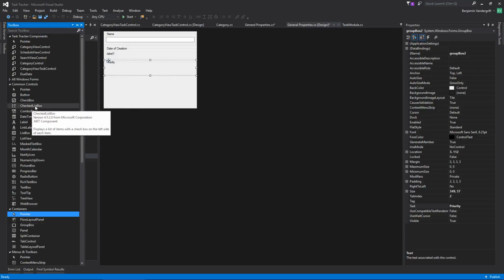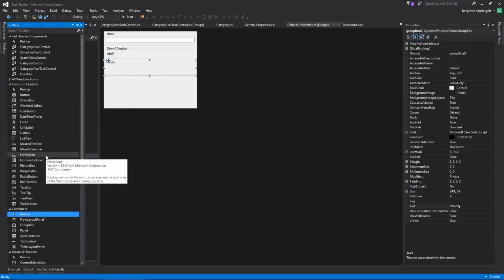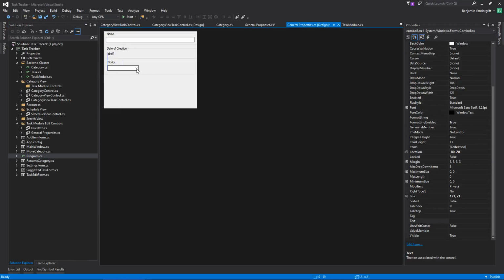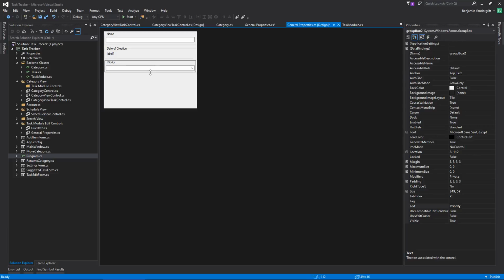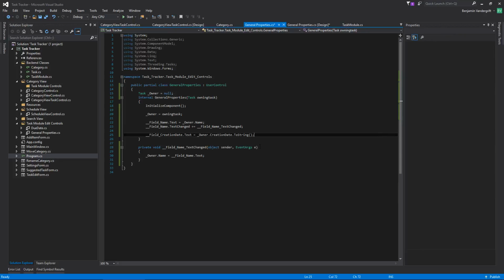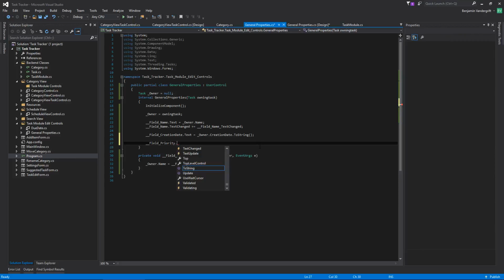Combo box. This is a good spot for a combo box. It's going to be way wider than it needs to be, but, you know, that's what we're working with. Field priority. Okay, go back in here and go field priority dot